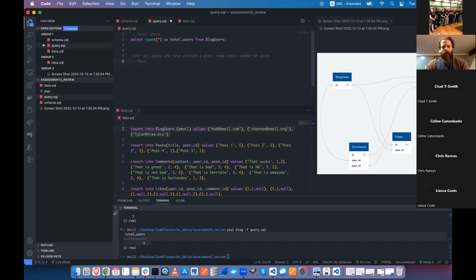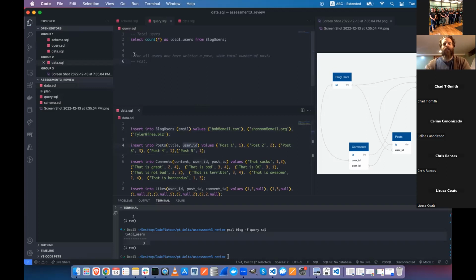It kind of depends. There's a way to do it just using posts, but we'll just have the user ID. If that's good enough, then that's fine. But let's say we want to show